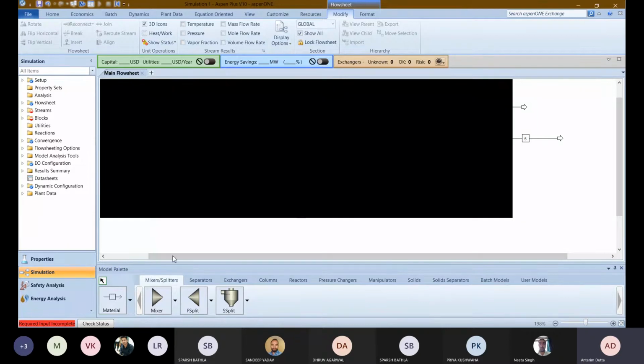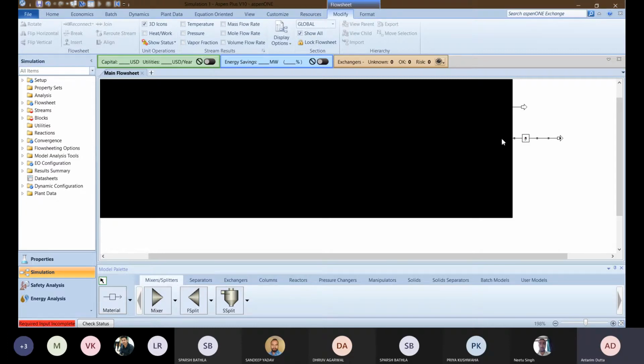Okay. And again, let me select the material stream. And again, you can see we are in the insertion mode. So we can deactivate the insertion mode by clicking the right button of our mouse in the flowsheeting area. As I click my right button, you can see the cursor is changed to the arrow, and that means my insertion mode is cancelled. Now, if I press my left key, my insertion mode is not there, and I will not be inserting any models or any streams in my flowsheeting area.